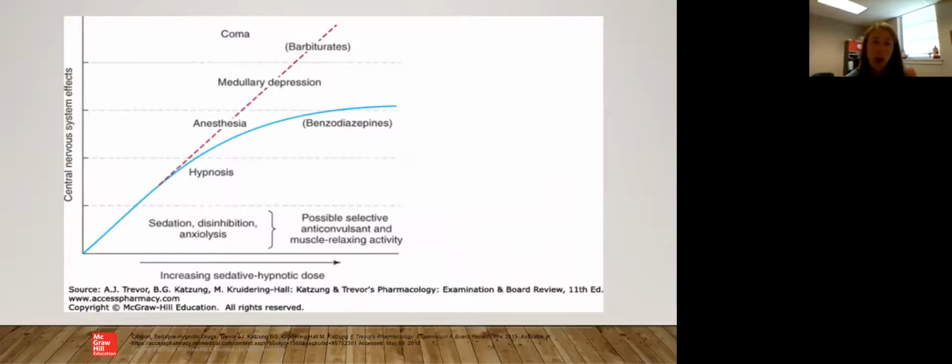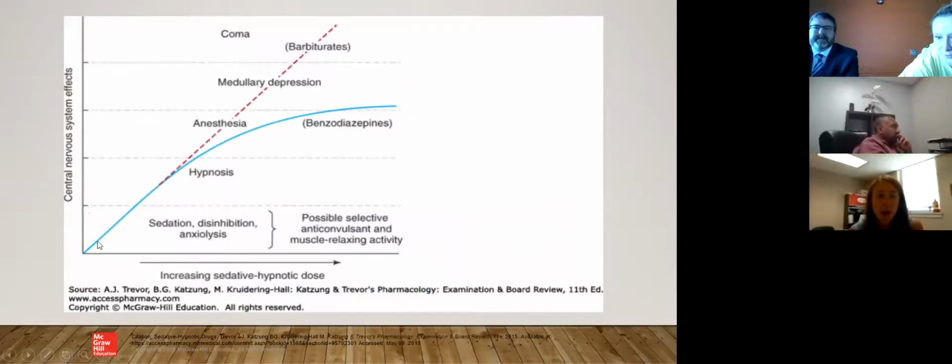But when overdose is taken of a benzodiazepine, or when benzodiazepines are combined with alcohol or an opioid, it's essentially like we would start our graph up one line on the y-axis. So the blue line of the benzodiazepines would start up one notch from where it's depicted in this slide, meaning that at smaller doses, we could rise to things like hypnosis and anesthesia, and certainly